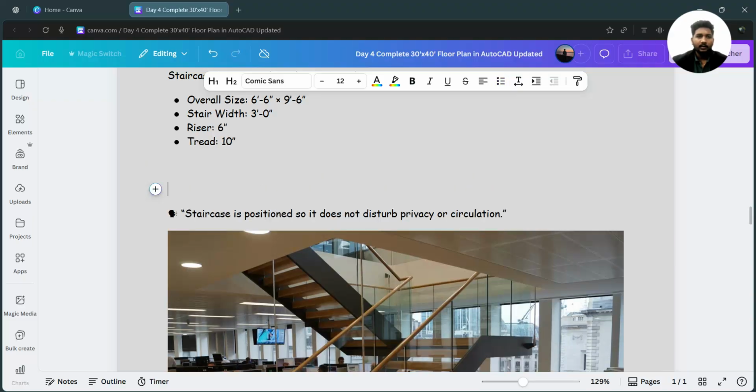The tread is about 10 inches. It is confirmed, we can't reduce it. You can take it as 9 inches or 10 inches as per your demand, but we can't go below 9 inches. So how do we calculate the number of stairs or risers? To calculate the riser, there is a formula: the total height of the floor, which we take here as 10 feet,